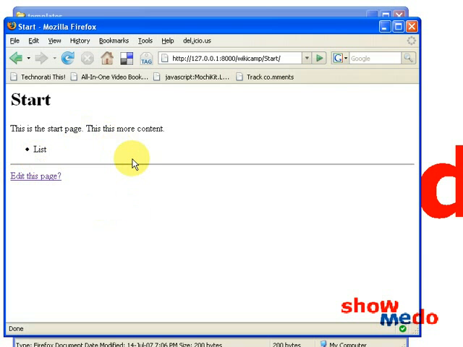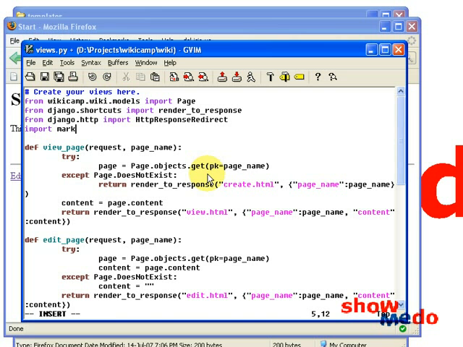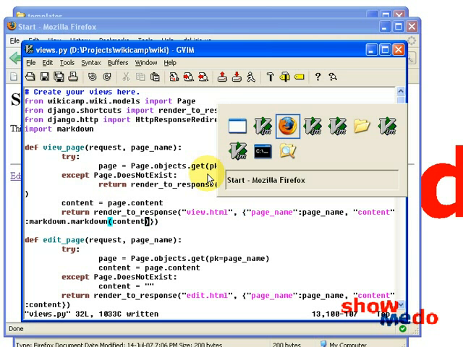Most wikis, they have their own formatting language which allows you to format text without typing HTML, and we want our wiki to have that as well, right? So we're going to use the markdown module. Markdown is one of those formatting languages. So what this markdown module will do is it'll transform anything written in markdown and convert it to HTML. So we'll call that here to transform the content,